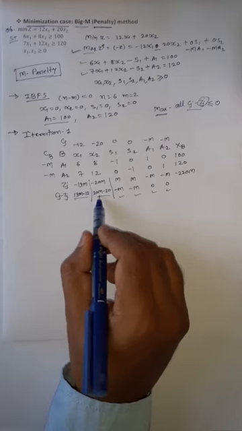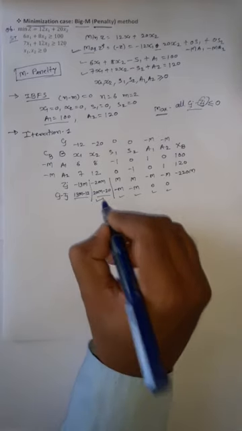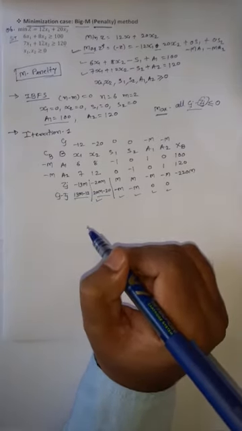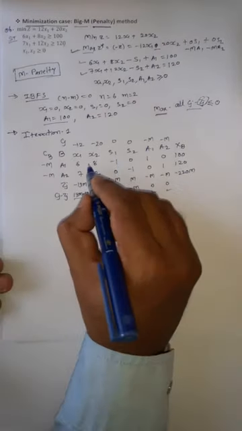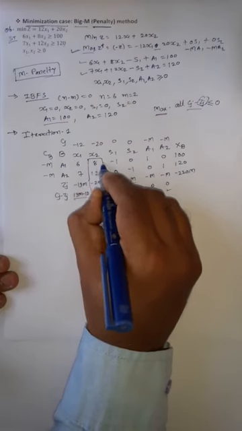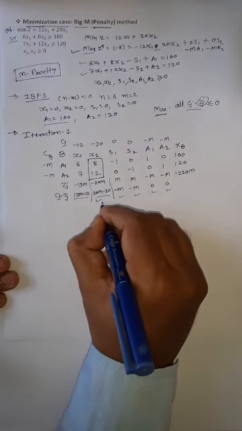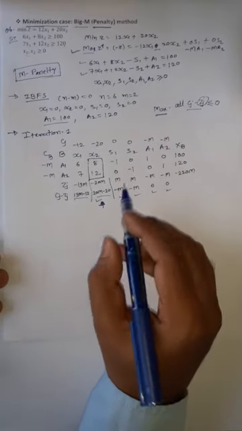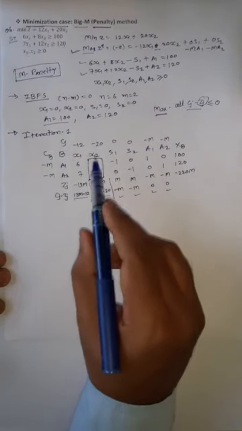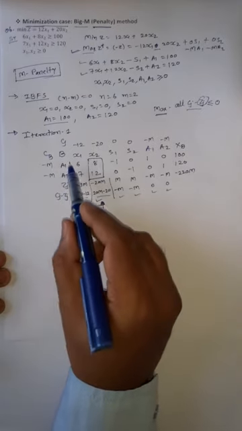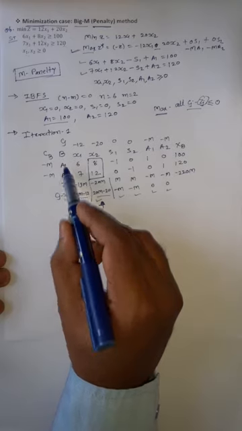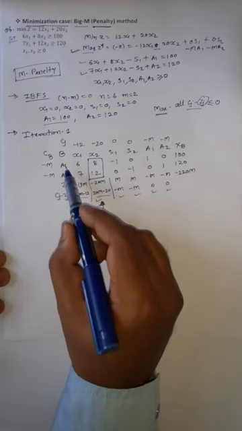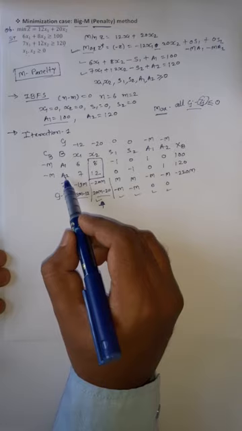So it is a bigger value and it will give us the higher profit or higher benefit in comparison to this x1. So we will consider this column as the key column and x2 as the incoming variable. So in the next iteration our x2 will be the incoming variable, so it will take a position in the basis, and either a1 or a2 will leave the basis.